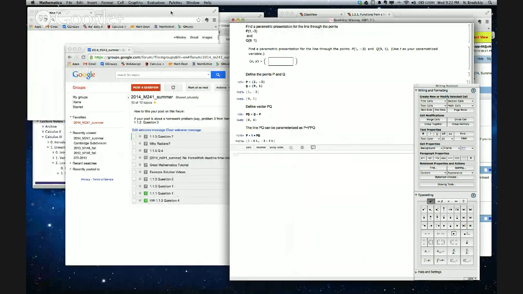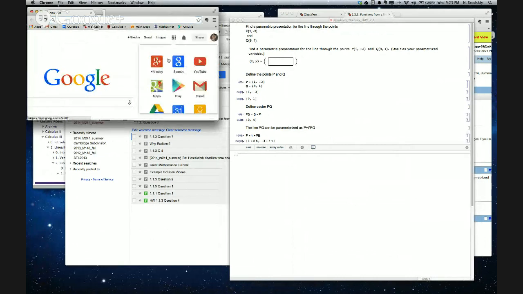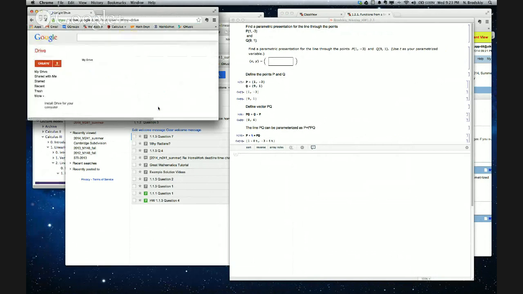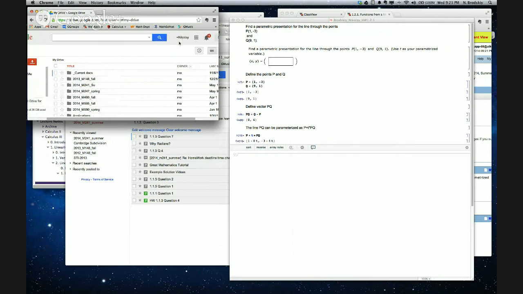Now, after submitting to WebAssign, I would ask you to also share that file with me and the teaching assistant. Let me show you how to share the file. I would go to Google Drive. So you have your Google account, you have your Google Drive. That's how you access it. You see at the top, once you log in, at the top you will have this 3x3 grid. Once you click on it,